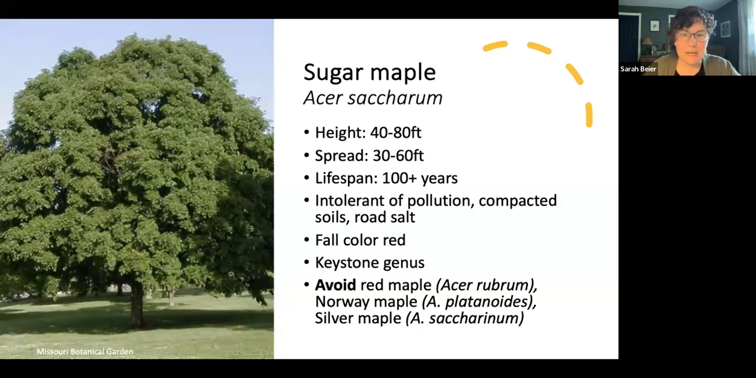Currently, we're at the tail end of this love affair with the red maple, Acer rubrum, but we're in danger of creating a red maple monoculture. So we need to move away from that. Also somewhat common is the Norway maple, which is not a native species and has been shown to be invasive in some areas of the country. So we want to steer clear of that one as well, which brings us roundabout back to